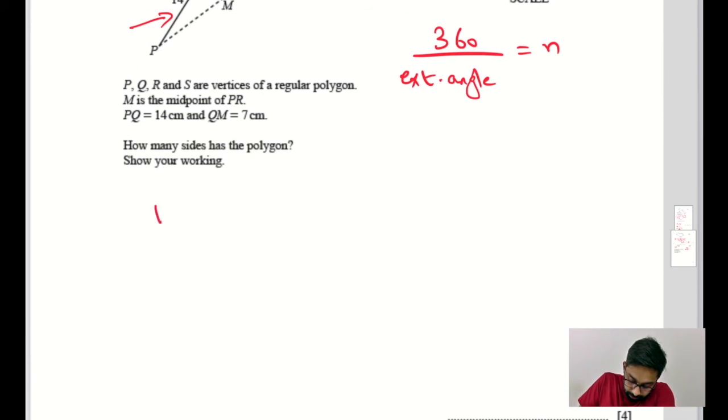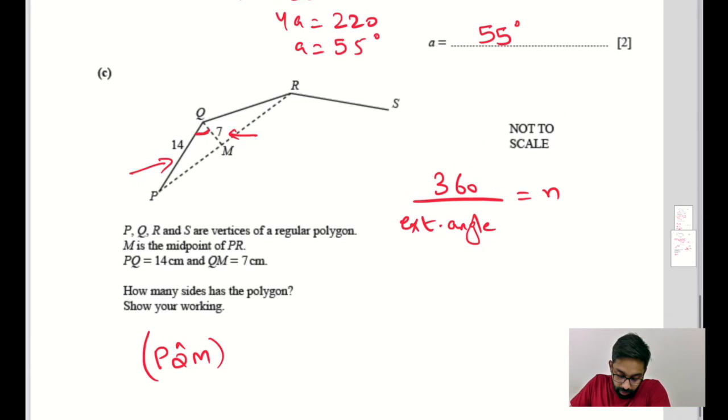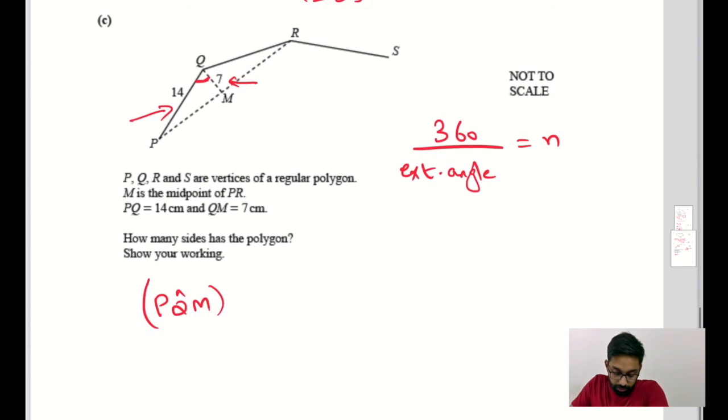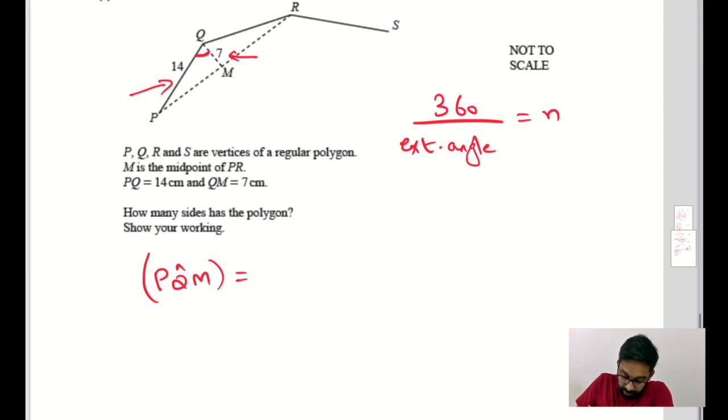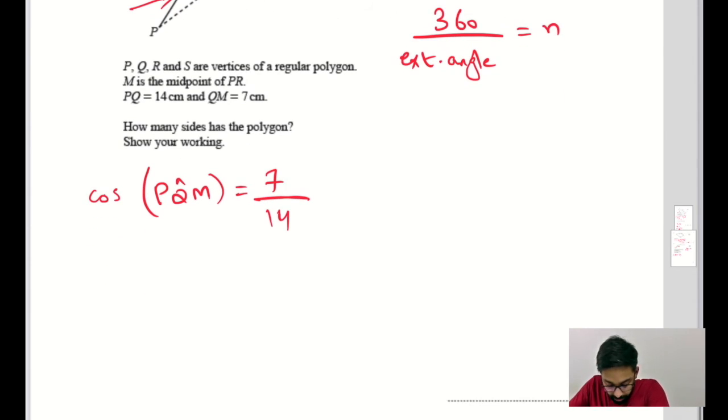So let's do that. PQM, we will need to use trigonometry to do this. So the ratio that we can use is adjacent, which is 7 over 14, and you write a cos over here. Let's find PQM. So PQM is equal to 7 divided by 14, and cos inverse gives us